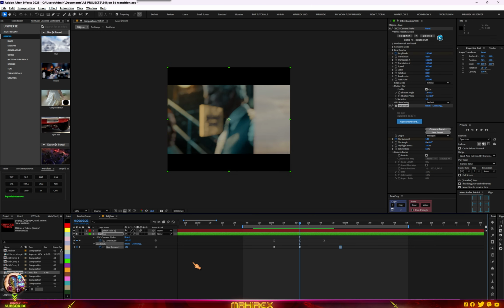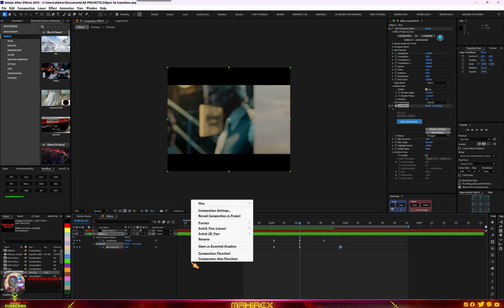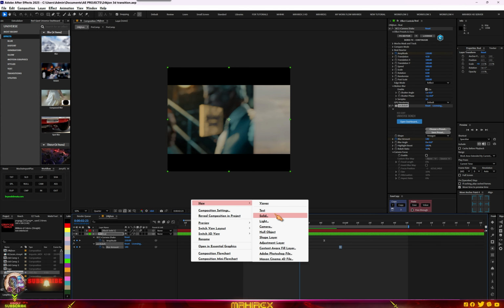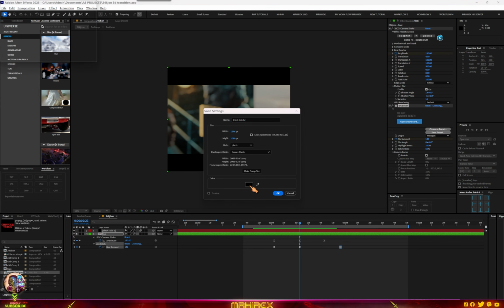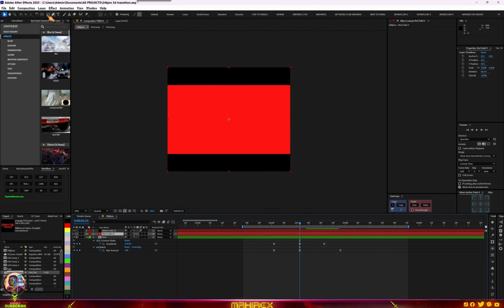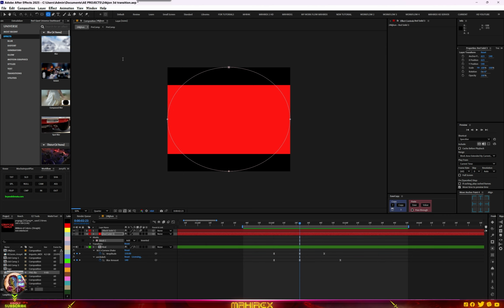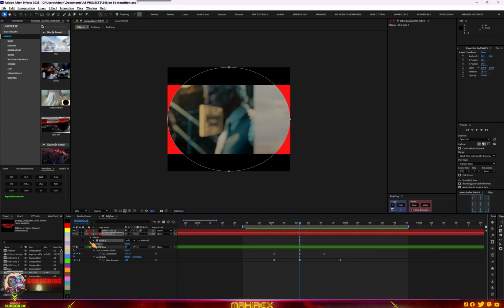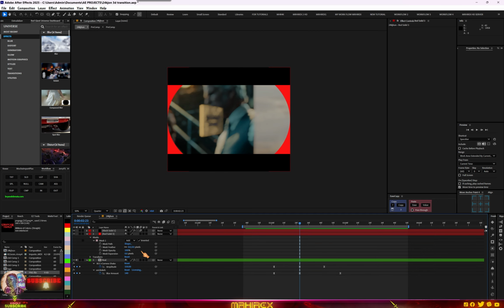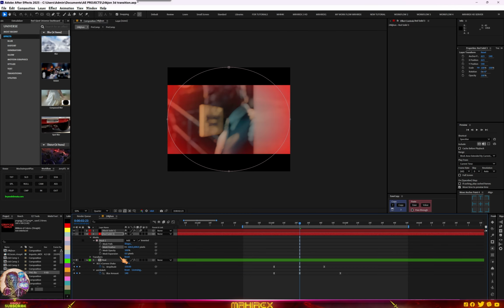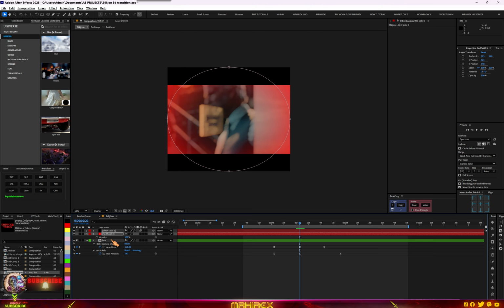Now create a solid here, right click, go to new, go to solid. Now select a red color here. Go to your shapes tool here, click and hold and select the ellipse tool, hold Control on keyboard, double click, go to your mask and then go to your mask properties here, go to feather. Now make an opacity keyframe, so click on T,